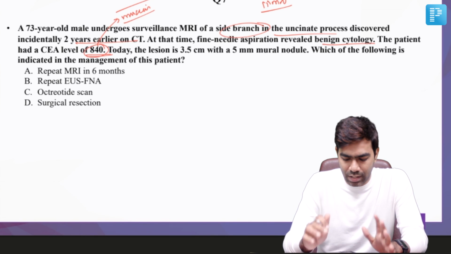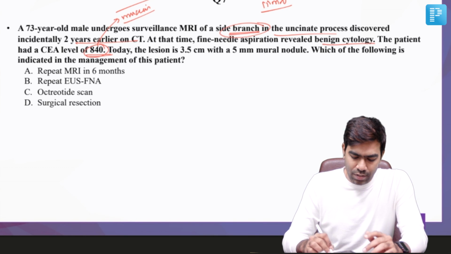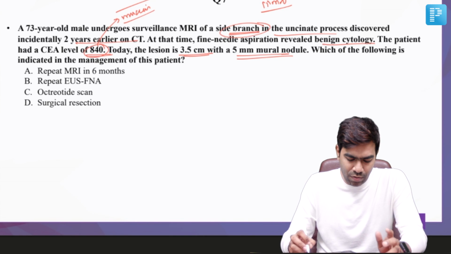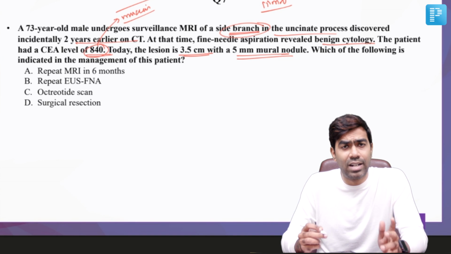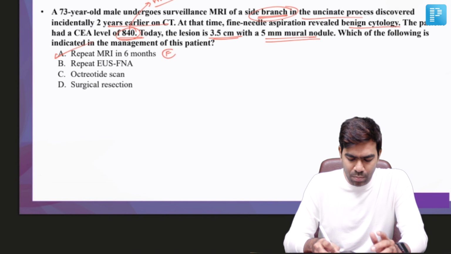So which arises from the duct. So it's not arising from the main duct. So it's arising from the side branch. So today the lesion is 3.5 centimeters with a 5 millimeter mural nodule. Which of the following is indicated in the management of this patient? Because repeat MRI in 6 months is an inappropriate option, because